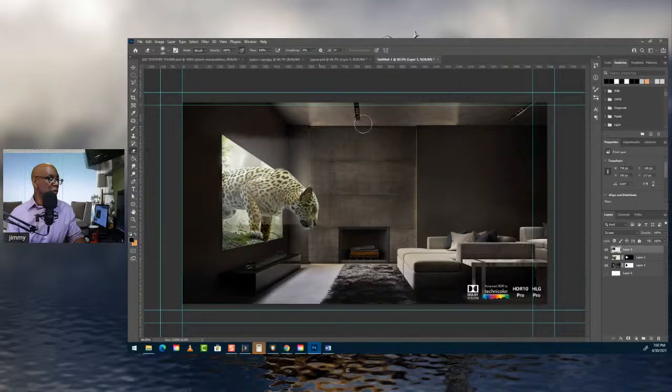Let me take the opacity down some. Take the flow. And I just want to kind of take that because I want the light to look more shaded like that. All right. So I probably shouldn't have filtered it so much. But